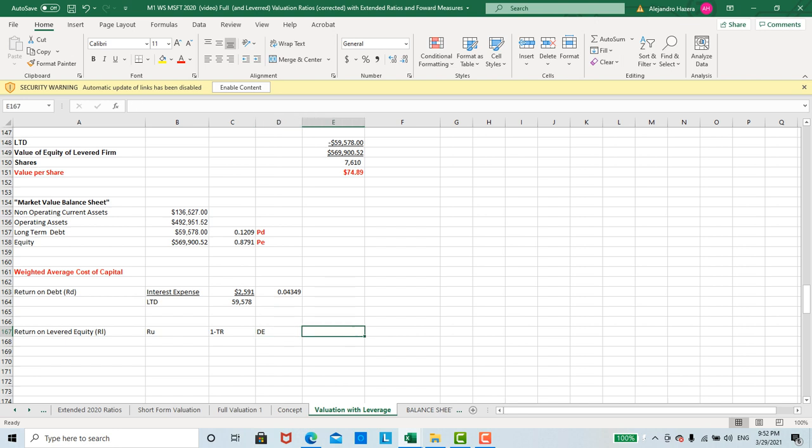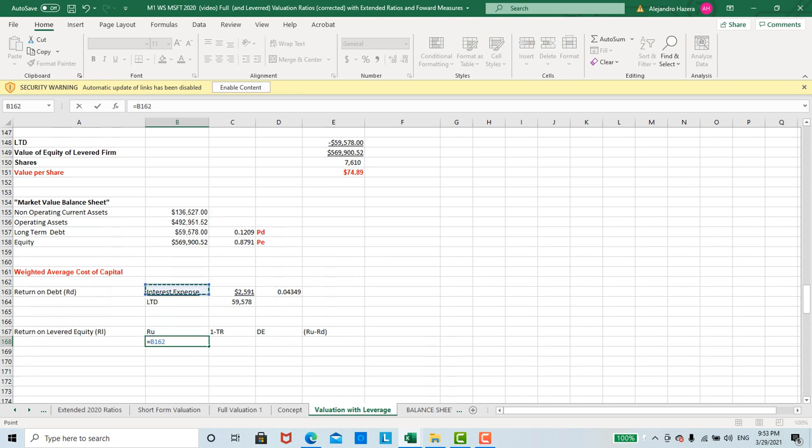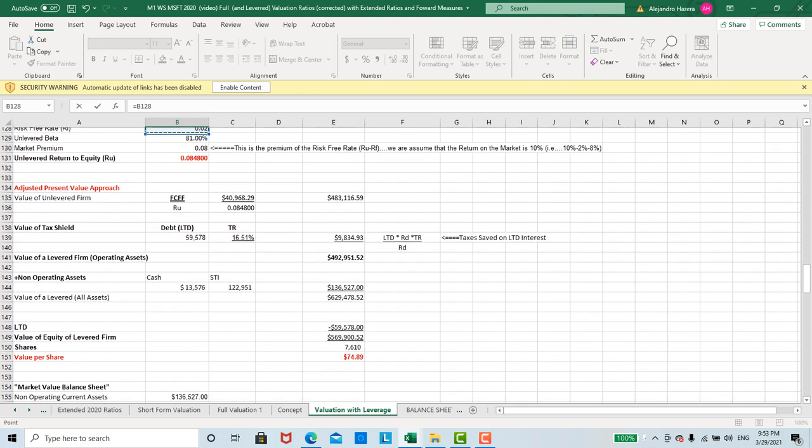And finally, the final number is sort of a premium in a sense, but it is going to be the difference between the return on unlevered equity minus the return on debt. Okay, it's sort of a generic risk premium on stocks versus debt. Okay, so the return on unlevered equity is equal to, we already calculated this up here. Return on levered equity,